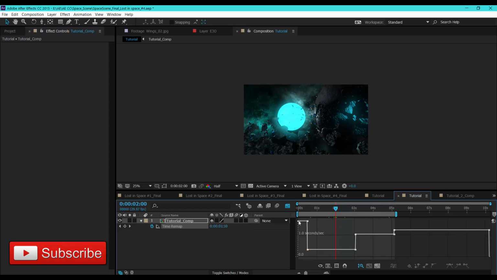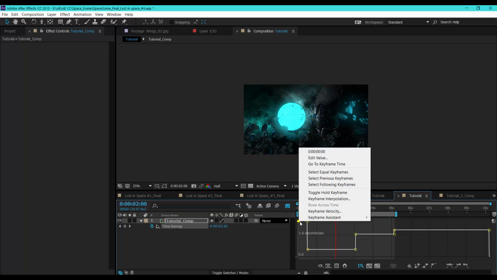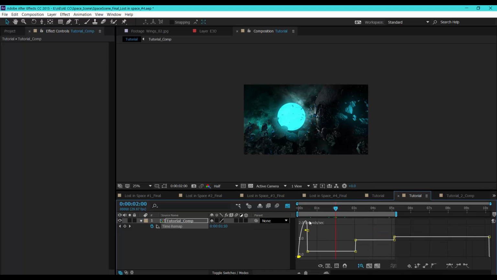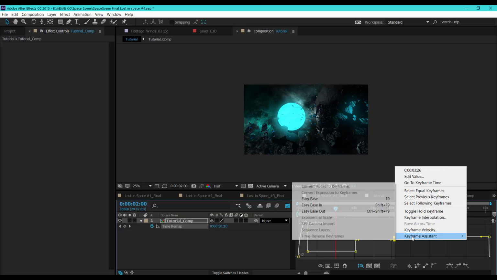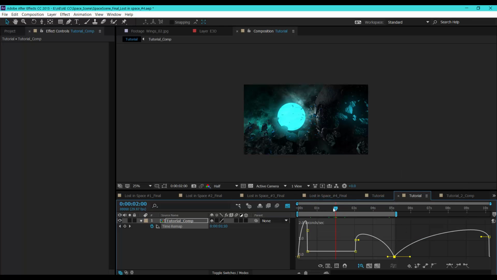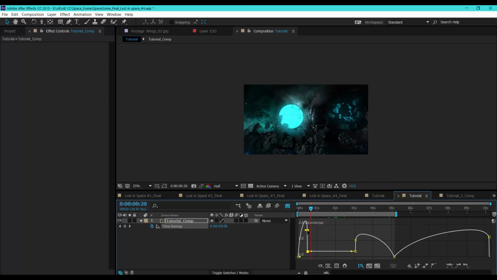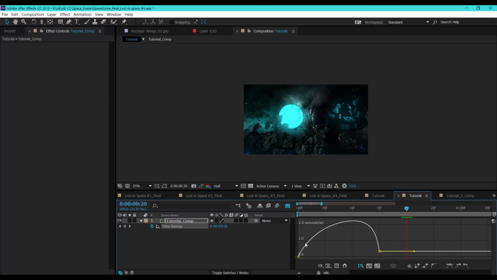So now let's select the first keyframe and the last one. Let's ease this keyframe and the last one. Okay, so now first drag this down and this one. First this is coming very fast, so let's move this.